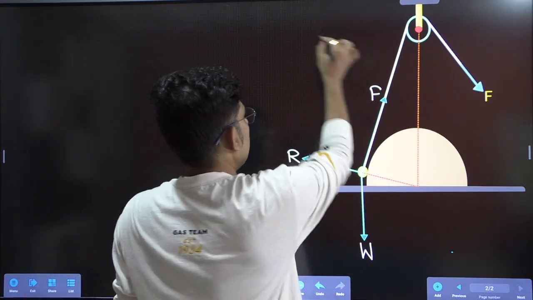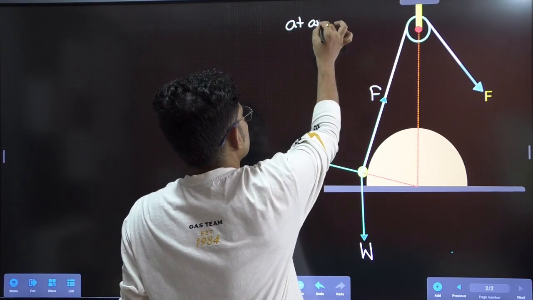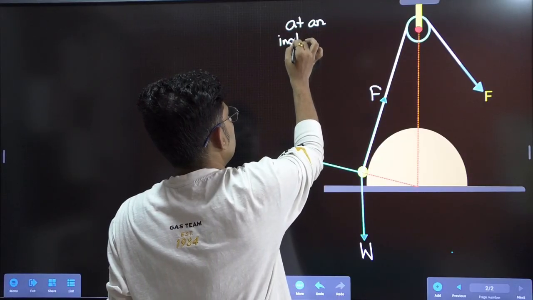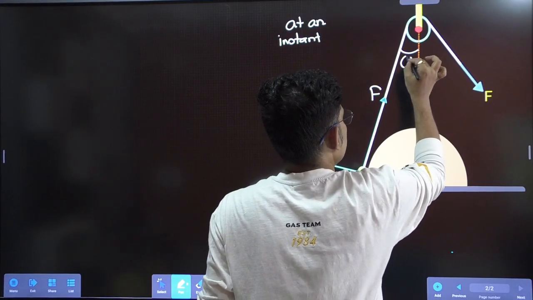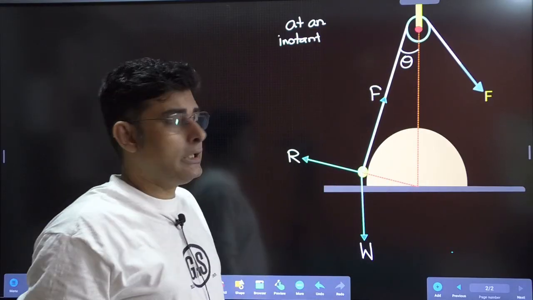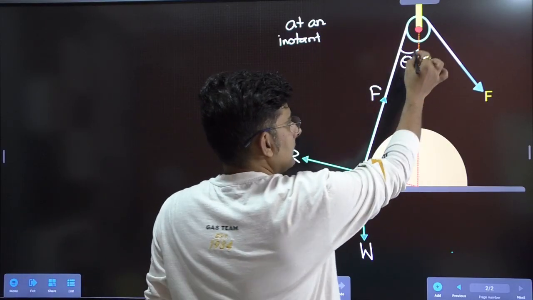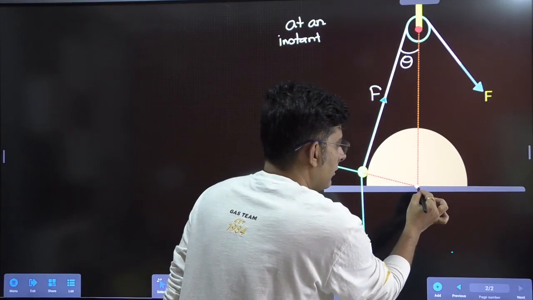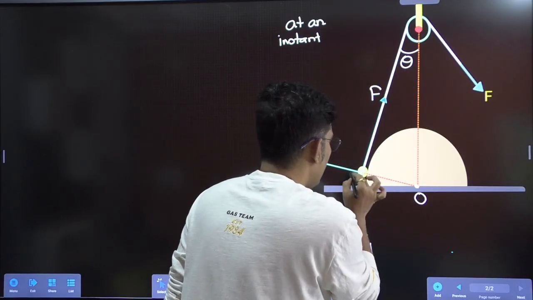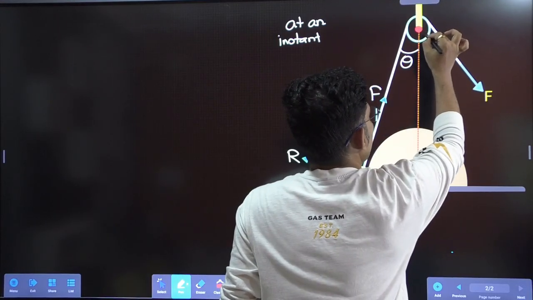Now, this is at a general instant. So if we are taking this particular instant where this cord makes an angle theta with the vertical, obviously theta will be variable. Now let's see, if I take this point as O, this point as A, and the clamp point over here